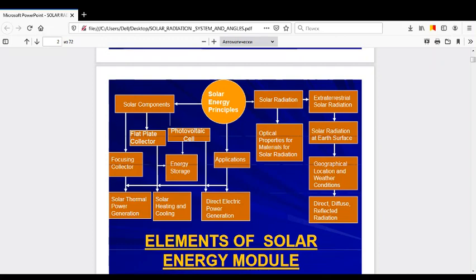These are the elements of the solar energy module, the different modules of solar energy. One is the flat plate collector, photovoltaic cell. These are the components of solar energy. Focusing collector, energy storage, that is to be distributed in solar thermal power generation, solar heating and cooling, direct electrical